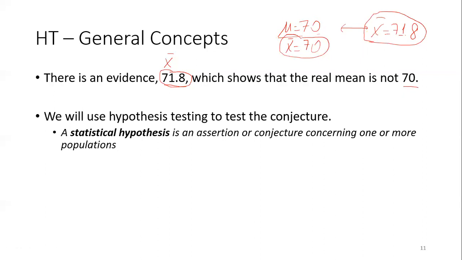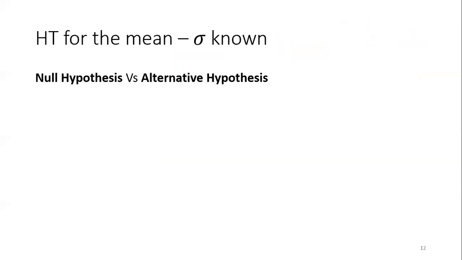So we will use a procedure which is called hypothesis testing to test this conjecture. A statistical hypothesis is an assertion or conjecture concerning one or more populations, or let's say population parameters. Generally we just deal with the parameters of the populations. So how to do this? We will have two hypotheses in a hypothesis testing procedure. The first one is the null hypothesis, which says the conjecture mu is equal to 70. Okay, and the second one is the alternative hypothesis, which is